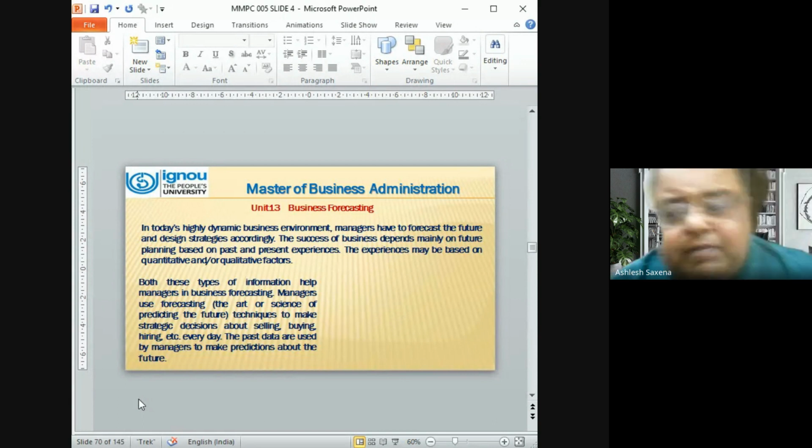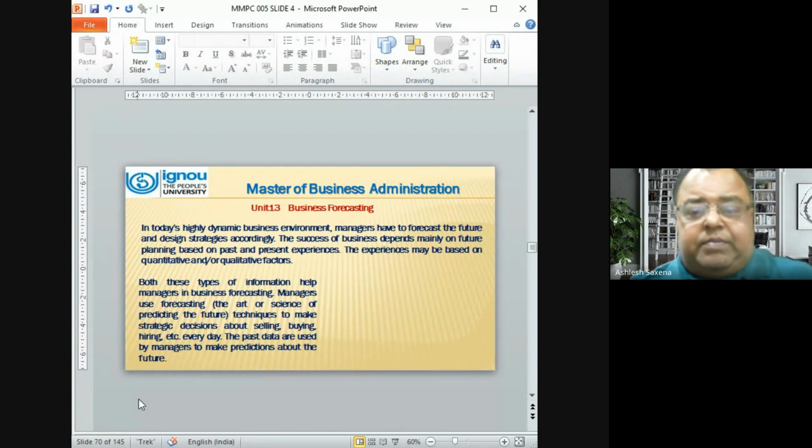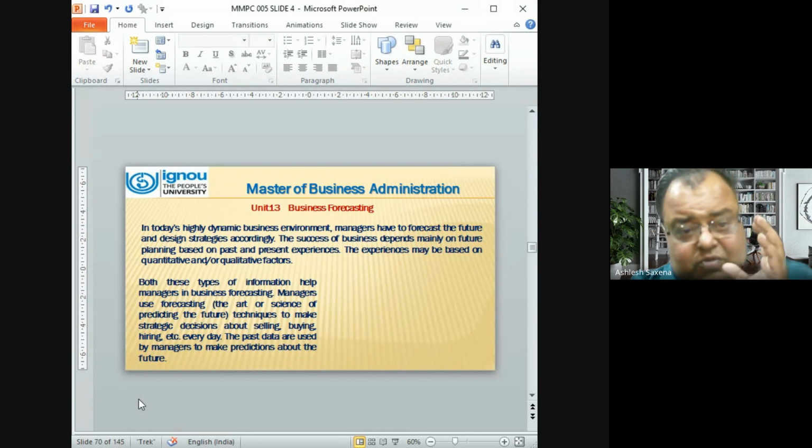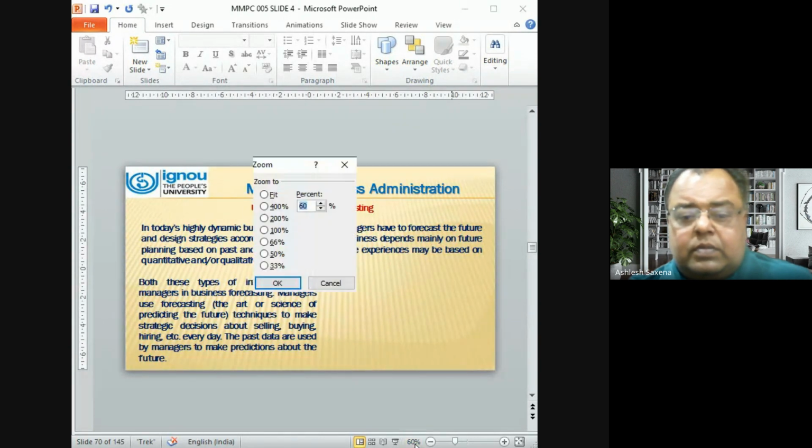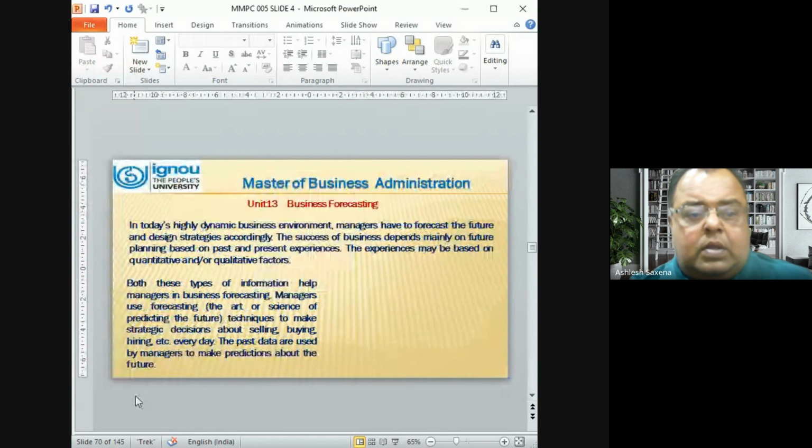The success of business depends mainly on future planning based on past and present experience. The experience may be based on quantitative and or qualitative factors. Both these types of information help managers